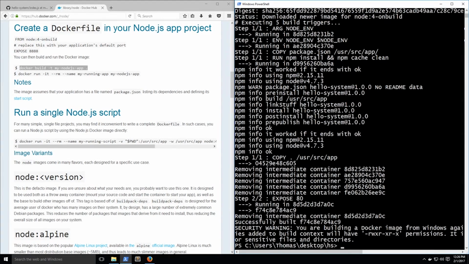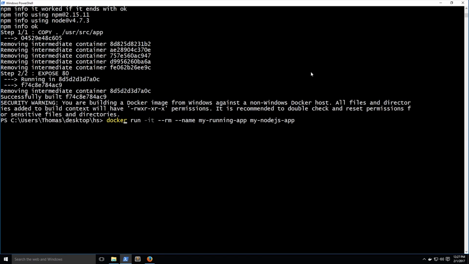Okay, so our build is finished, and now we can move on to the next step, which is actually running our application. So they provide us with the command to do so, and don't worry, I'll go through what each of these arguments mean. And here we are. So basically what this is going to do is it's going to run the application, and it's going to do the -it just like you would run with the Ubuntu, because it is Ubuntu. And so -i interactive, -t pty, a pseudo terminal,